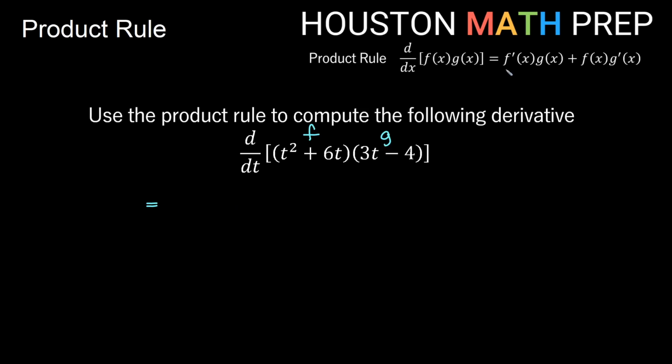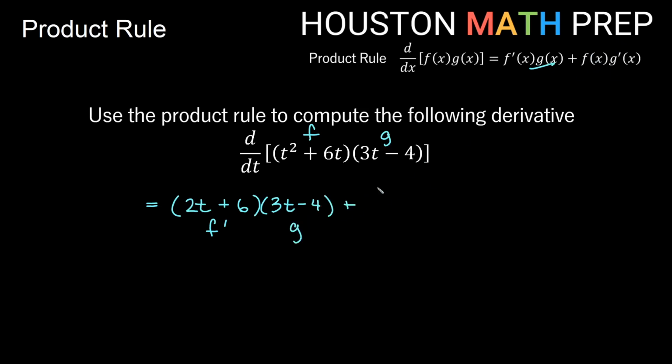Let's go ahead and do f prime g, right? So derivative of this and then leave this alone. So derivative of f, power rule here, the 2 comes out front, t to the 1, so that's 2t, plus 6t to the 1, 1 comes out, we still have 6, power goes down by 1, so no more t's. This is our f prime, times g, so leaving g alone, 3t minus 4, that's the first half, plus